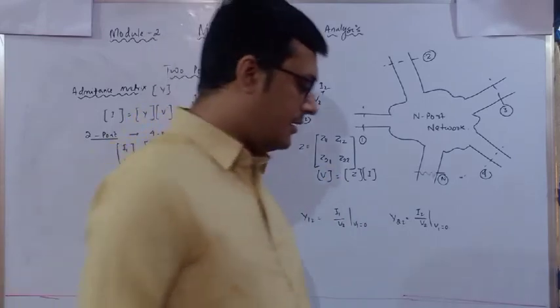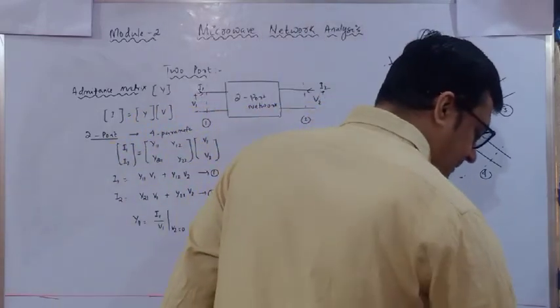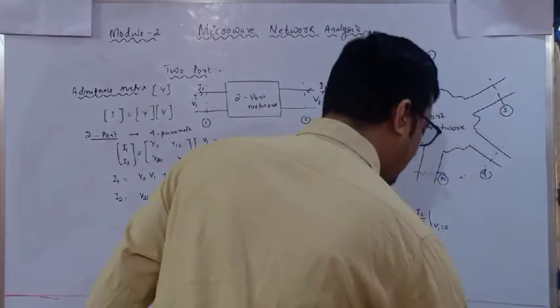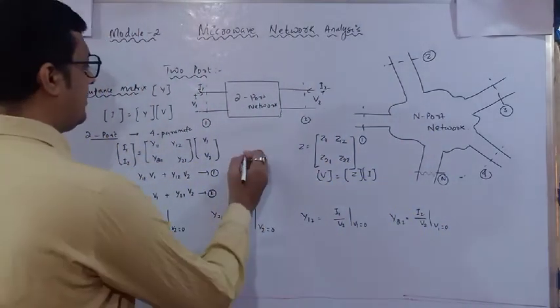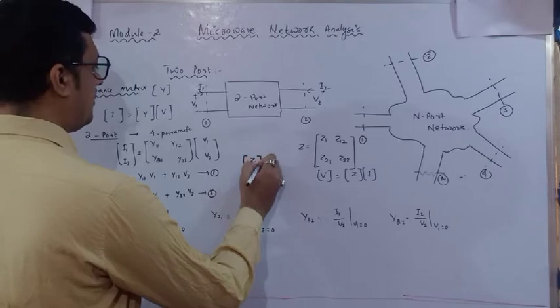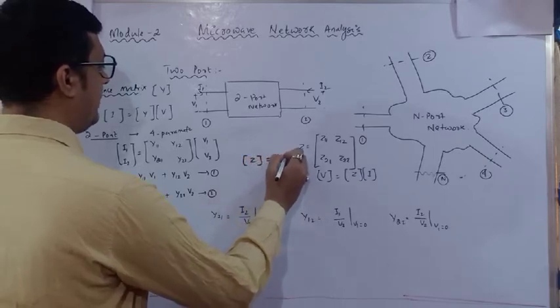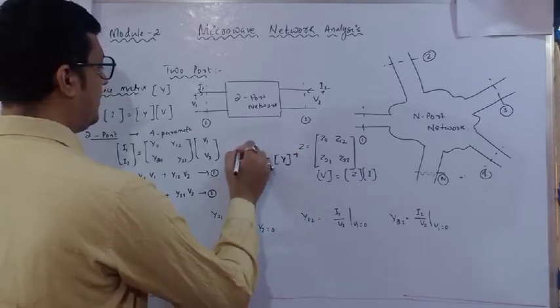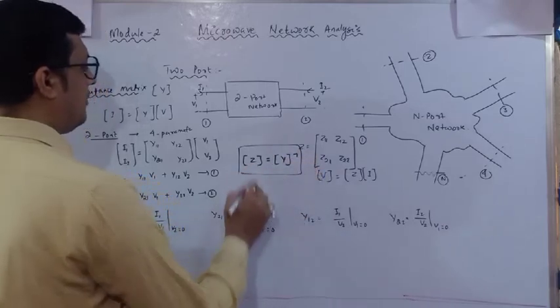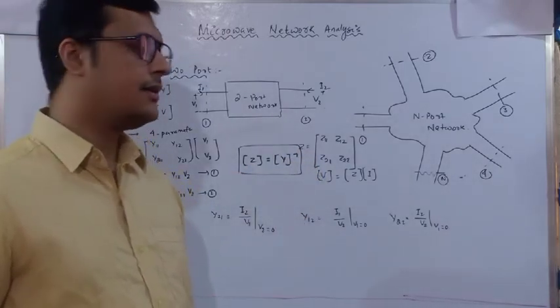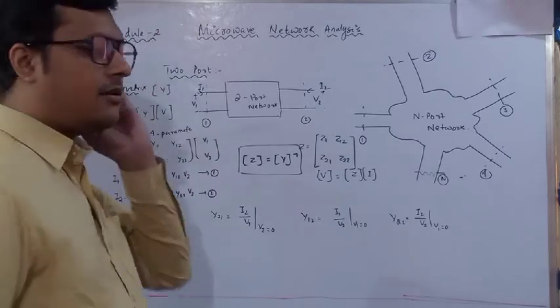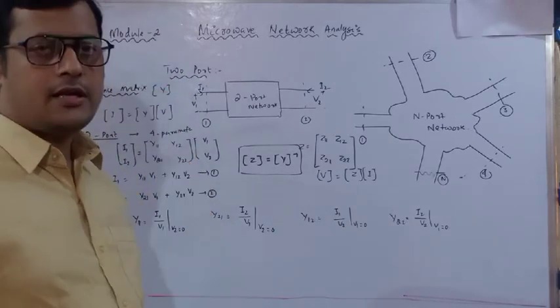Okay. Now we will see, what is the relationship between this admittance and impedance? It is just inversely proportional. Z equals Y inverse. So this is the relation for impedance and admittance. This is also one sort of relation. Now, in order to analyze for that nth port, what I have told,